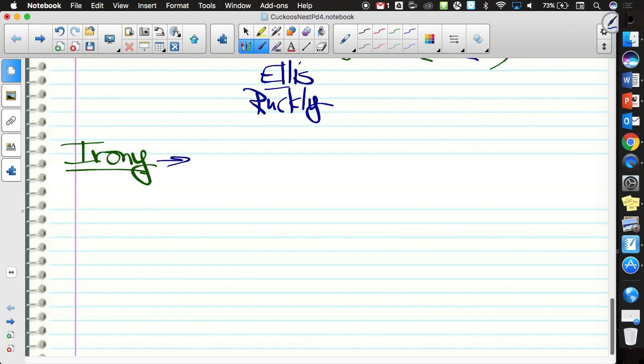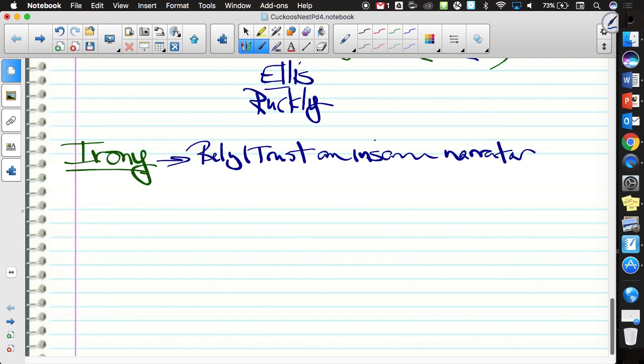But yeah, it's ironic that we, and this could, Grant, kind of go back to what you were saying, rely on or trust an insane narrator. It doesn't mean that you have to trust him, but at least that's who you're using to hold yourself accountable with what's happening within the story. It's kind of ironic that